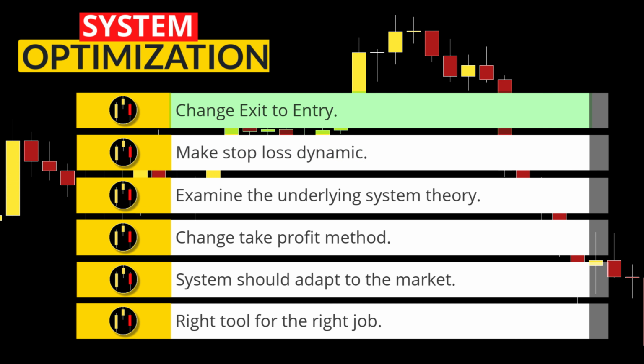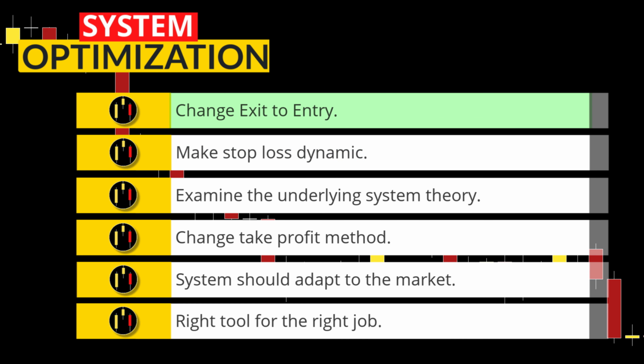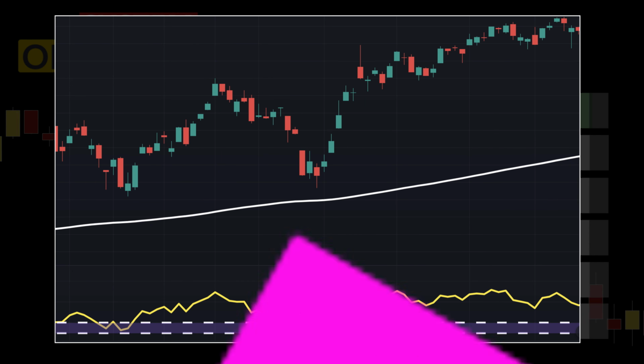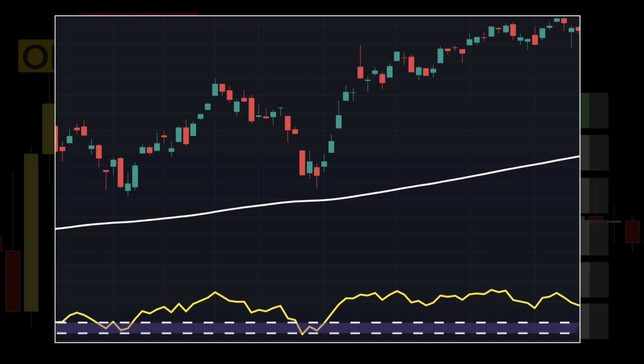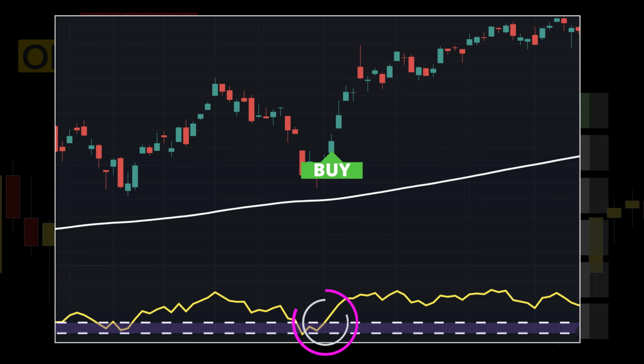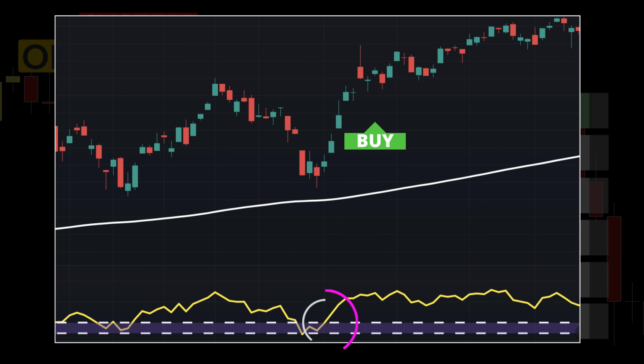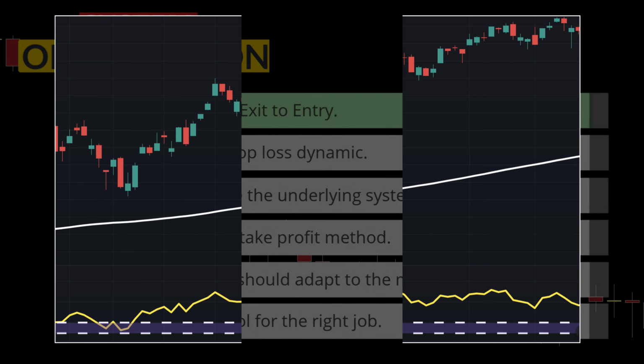First, the biggest problem with this system is the entry signal. The RSI going under 30 does not signify a change in local trend direction. Actually, it portends increased momentum to the downside. You can change the entry to when the indicator goes back above the 40 level. This would have saved you so many trades during the test.